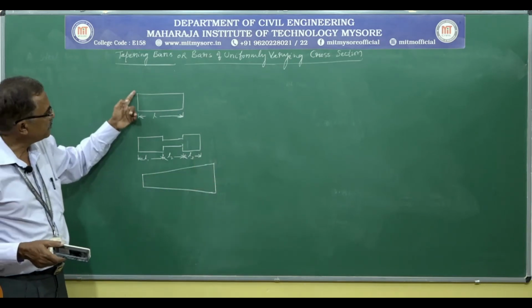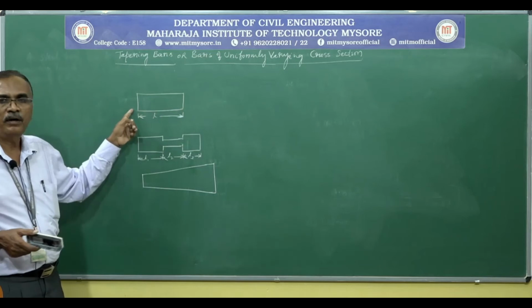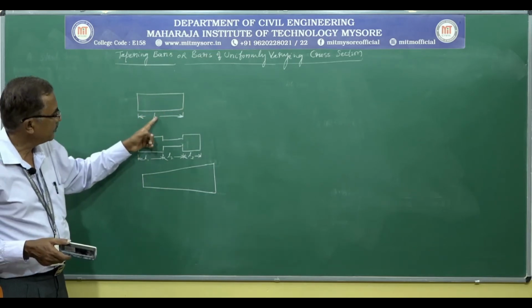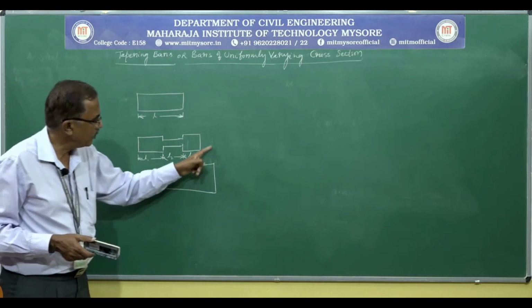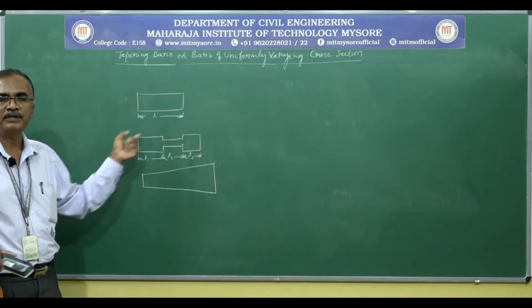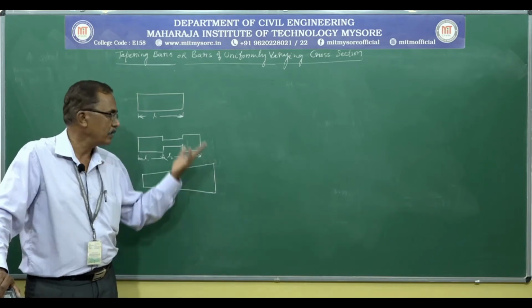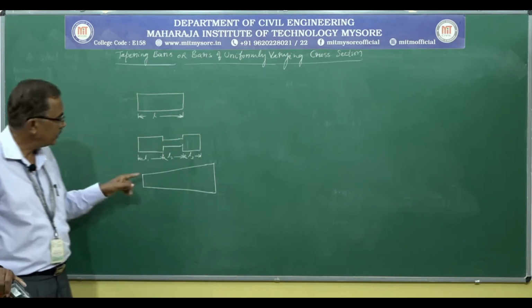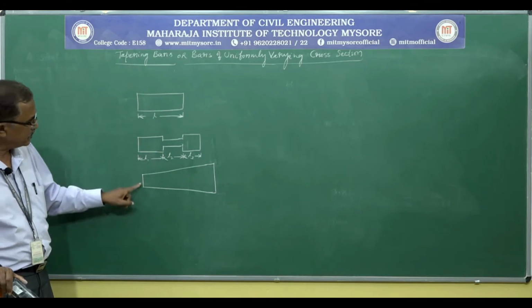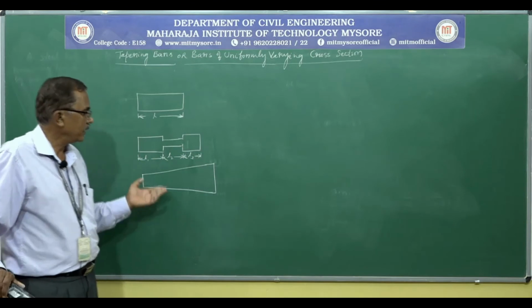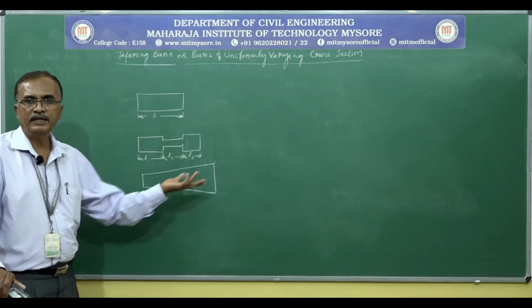So here, bars may be a solid circular bar, rectangular bar or square bar in case of uniform cross section. In case of bar of varying cross section also, it depends upon the requirement. Maybe a square bar, rectangular bar or a circular bar. Here also, in case of bar of varying cross section, we may come across a solid circular bar or a rectangular bar of constant thickness.